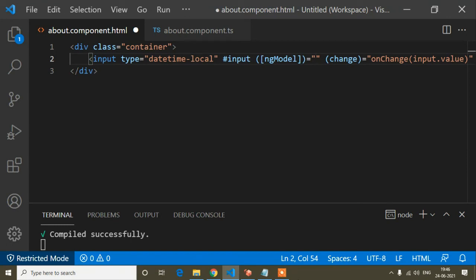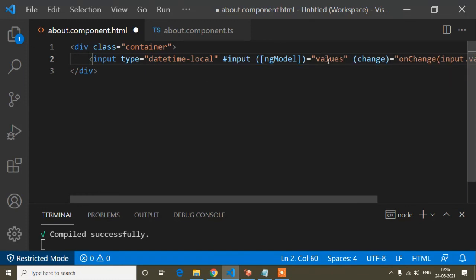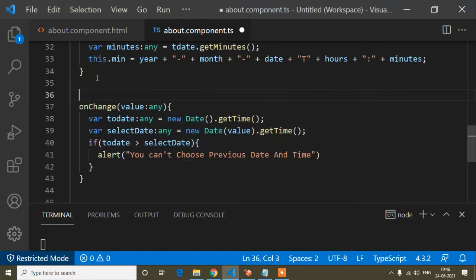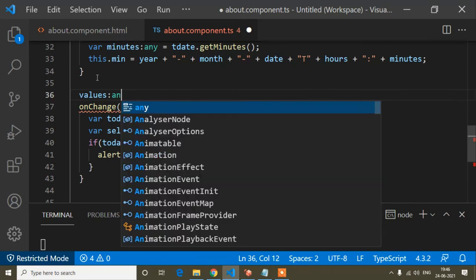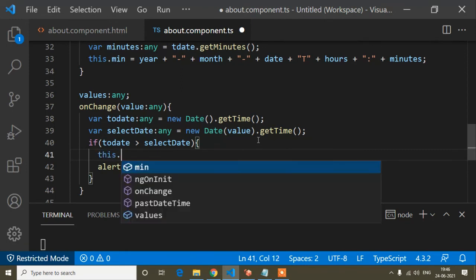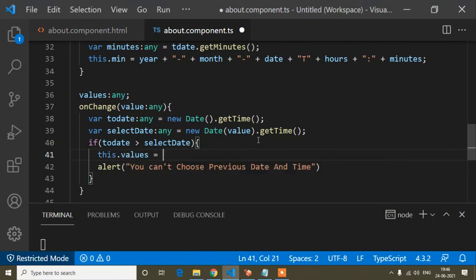Okay, so ngModel, and then here you can write a value, that is the value name is values. So this is the variable name. So this variable name I will copy and paste here. So here I will set the type as any. Okay, and now I will do one thing, that is this.value equals blank.